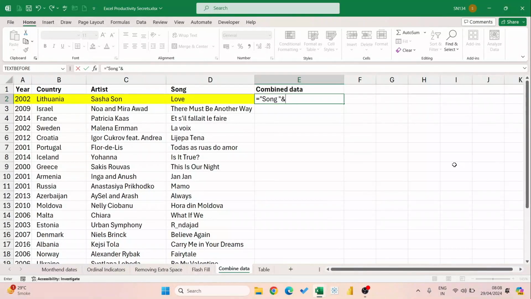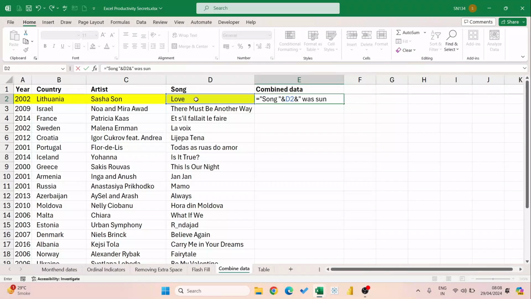This ampersand sign is going to combine the song with the next reference we give. So we want this name here, the name of the song. Okay, so it will read as song love, ampersand again, and then let me write inverted commas, give a space, because we want the space after the name song also, space